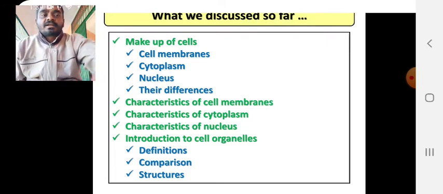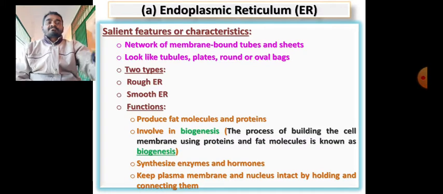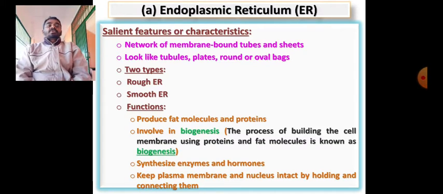We are going to discuss 6 organelles. The first and most important one is the endoplasmic reticulum. Endo means within, plasmic means plasma membrane, reticulum means network. It means within the plasma membrane a network-like structure is present, not within the nucleus. Within the nucleus the network-like structure is called, able to recall? Very good, chromosomes made up of DNA. But here within the cell, the network-like structure is called the endoplasmic reticulum, in short ER.